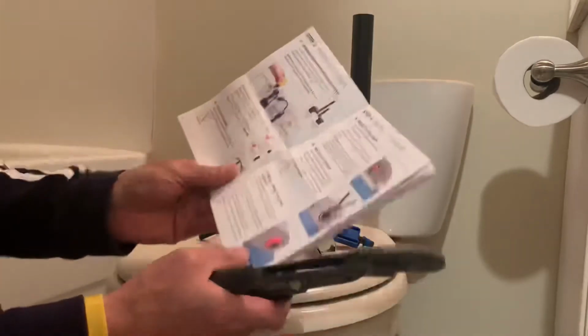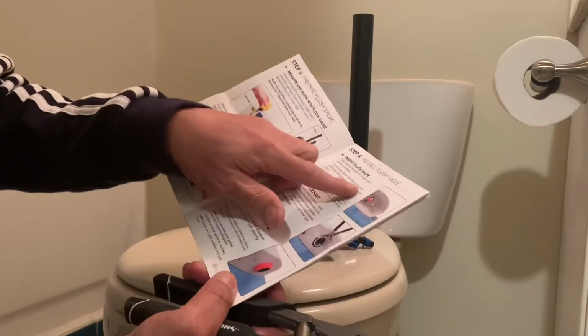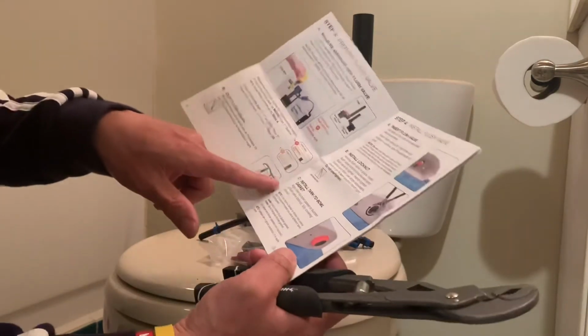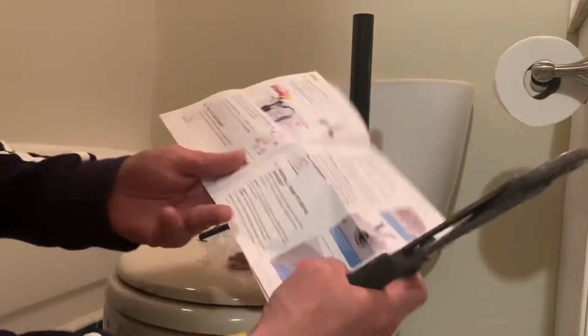So what is the next? We have to insert the valve, and we have to install the lock nuts. And after that we install the tank to bowl gasket. I think it's easy. Here you can see